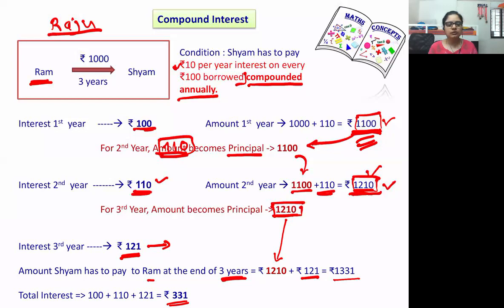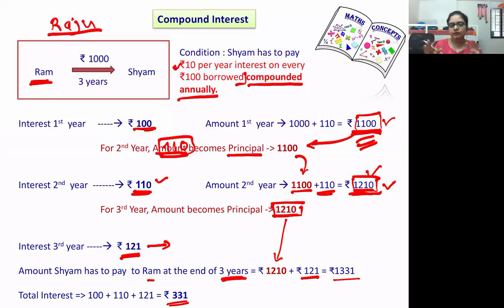So when I return money, why was the bank giving me money for so many years? Because while returning, I was giving some extra money, that is interest. I was returning the principal along with interest, right? Yes. So that is called the amount. So that amount goes to the bank.